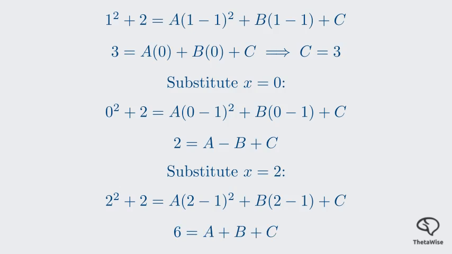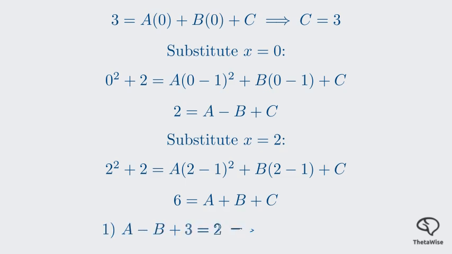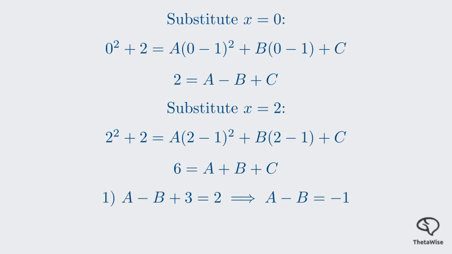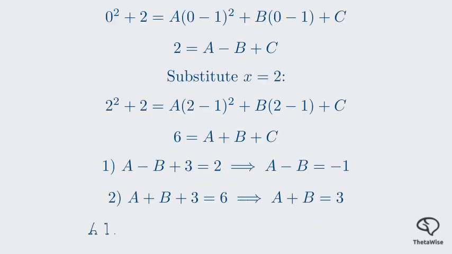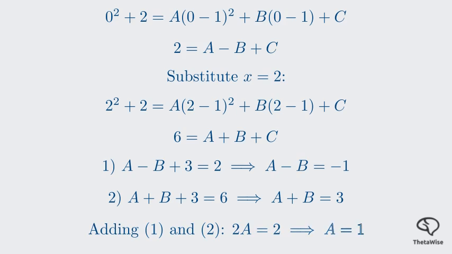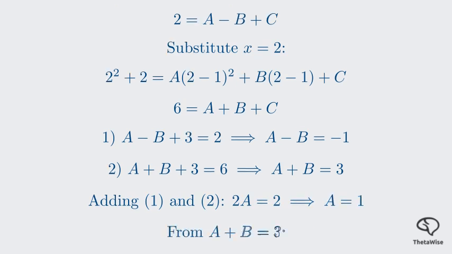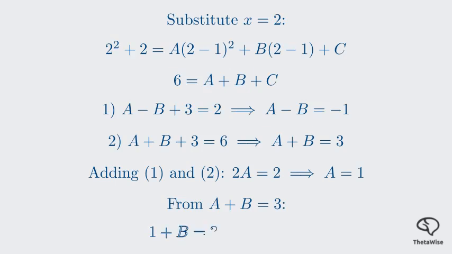We now have two equations with a and b since we know c is 3. The first equation becomes a minus b equals -1. The second becomes a plus b equals 3. We can solve this system. Adding the two equations together, the b's cancel, giving us 2a equals 2, so a equals 1. Substituting a equals 1 back into a plus b equals 3 gives 1 plus b equals 3, so b equals